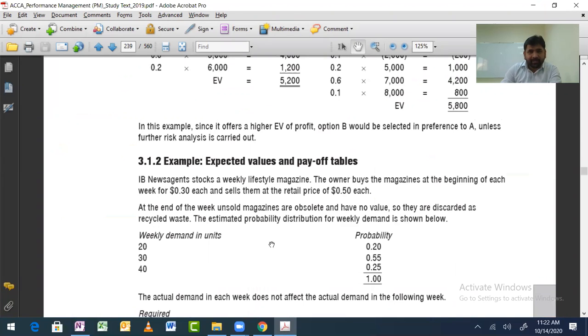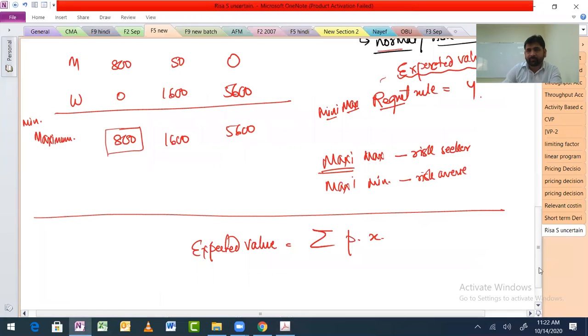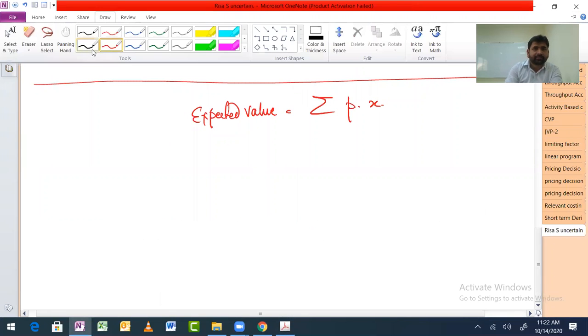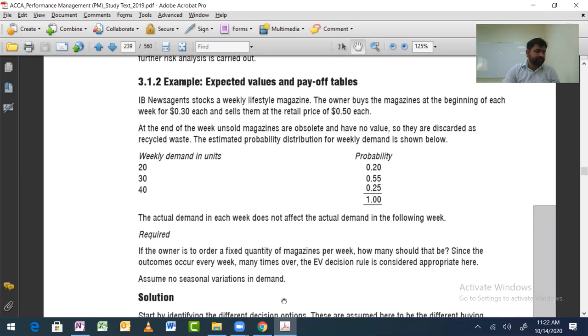So again, here they have given us a very brilliant question. Read the question and tell me the scenario. Because first thing we need to make a payoff table, right? So for payoff, you need the options. Like what are your options and what is the scenario? Like what is not in your control? Fine. Read the question and tell me.